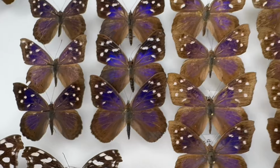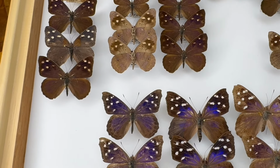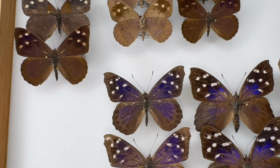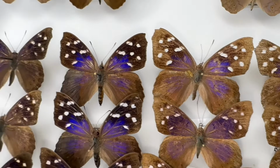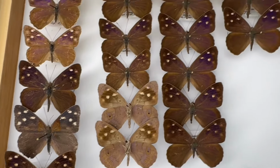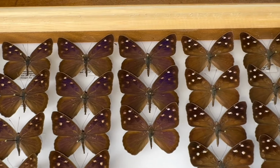But we have Eunica tatila, the Florida purple wing, which is a little larger than monima. They've got a little bit of a different wing shape. The forewing is a little bit more hooked at the front, and they all have that beautiful purple cast in them. The dingy purple wing is smaller. Eunica monima, guys, is a little bit smaller, and their range is pretty much, as we discussed, only the absolute southernmost